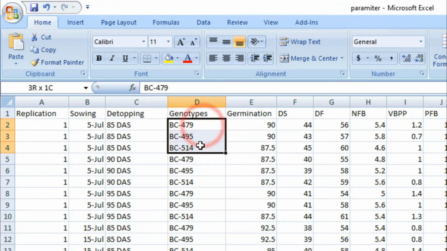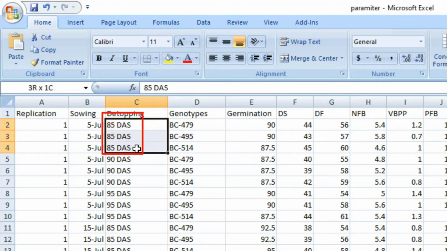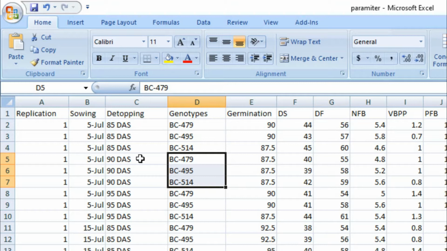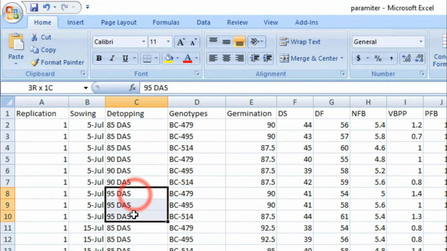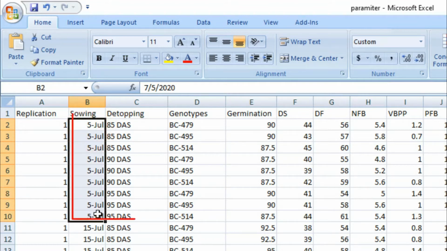Genotypes 1, 2, 3 are stored in detopping 1, 85 days, and then genotypes 1, 2, 3 in detopping 2, that is 90 days after sowing. Again genotypes 1, 2, 3 in detopping 3, 95 days. All of these are stored in sowing time 1, 5 July.